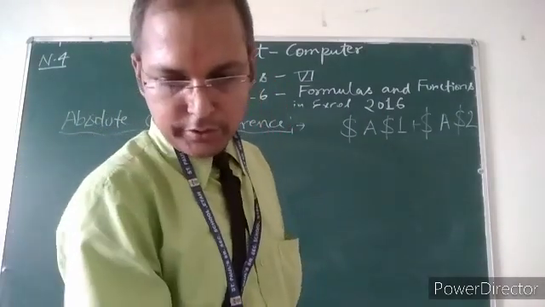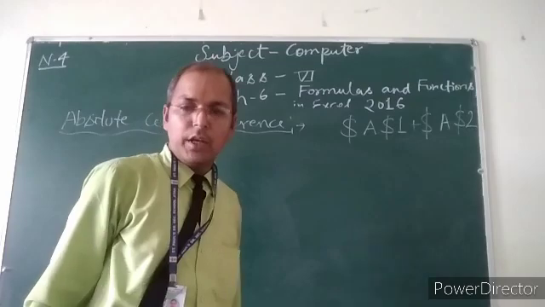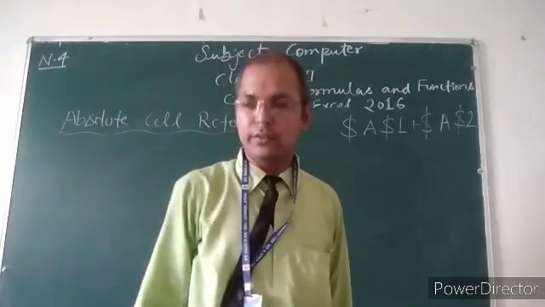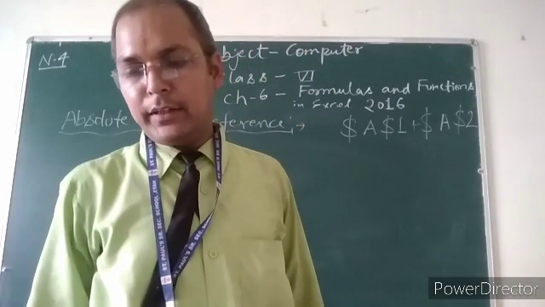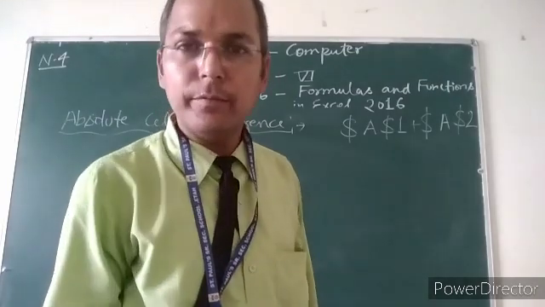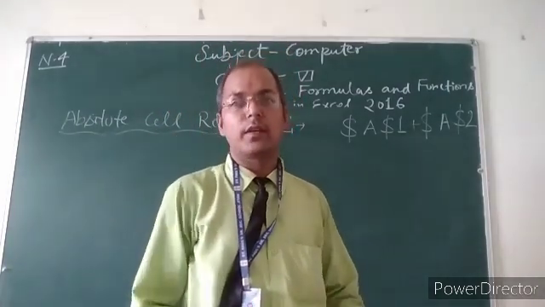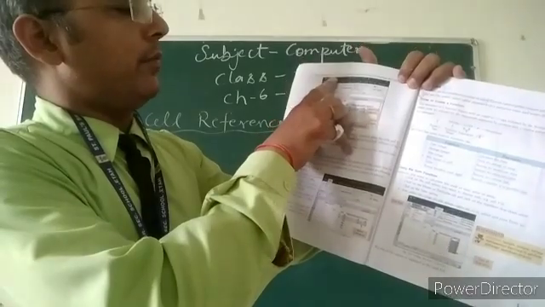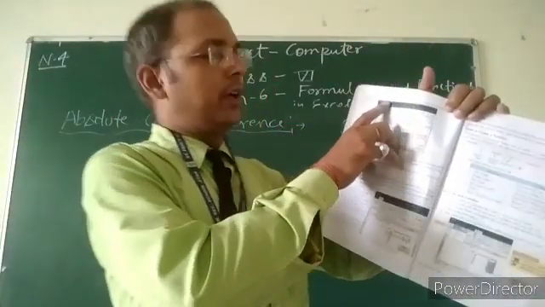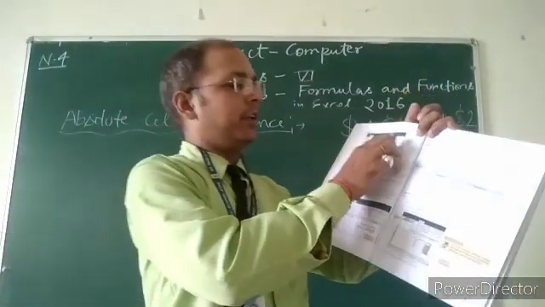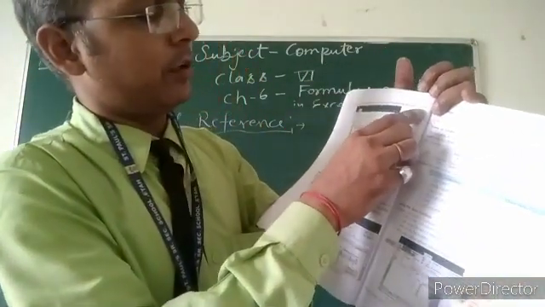For example, follow the given steps. Let us calculate a 10% discount on the price of an item. Type 10% in the cell C1. Second, click on the cell E5. Look here. Type the formula D5, multiplication sign, $C$1, and press the Enter key. The cell E5 displays the discounted value.